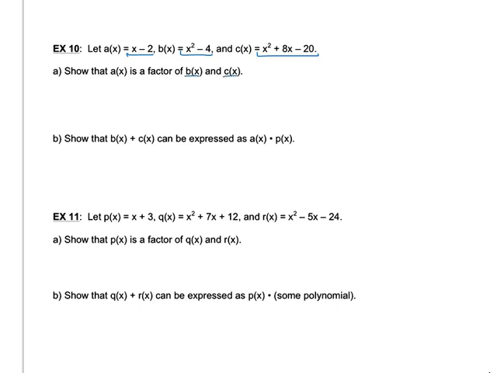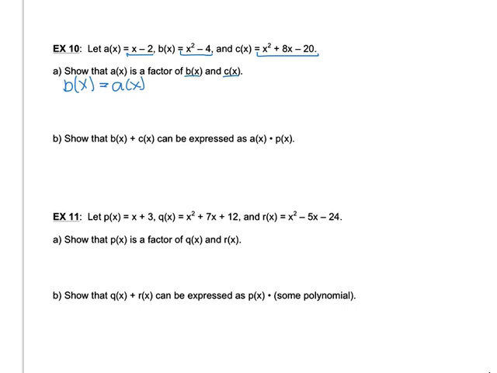That's two different things we need to show. So I want to show that a of x is a factor of b of x first. To do that, I need to show that I can rewrite b of x as a of x times some other polynomial. Which we can do, but it's just a matter of showing it. So all of this is more like convincing the reader that a of x is a factor of